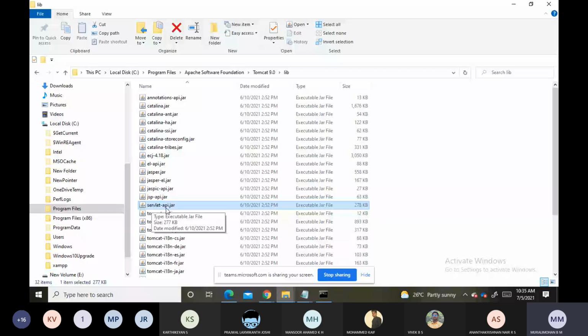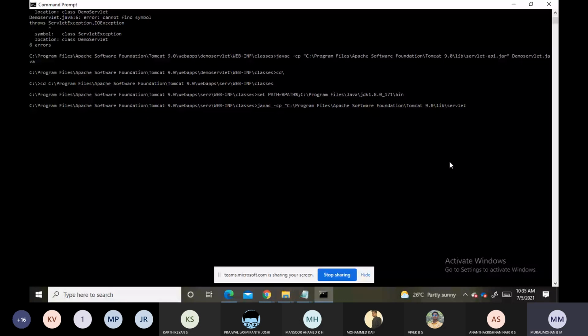That I will write here as the file name, servlet-api.jar. Any doubt how we got this? C Program Files, Apache Software Foundation, Tomcat 9.0, lib. Inside that we are having the servlet API jar.